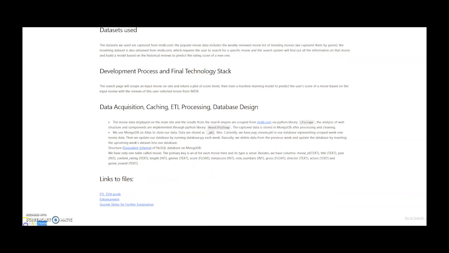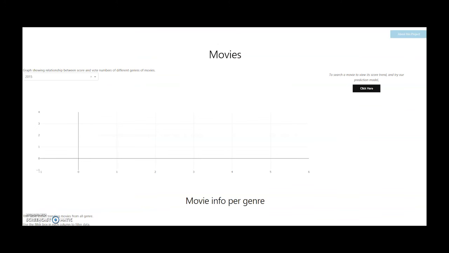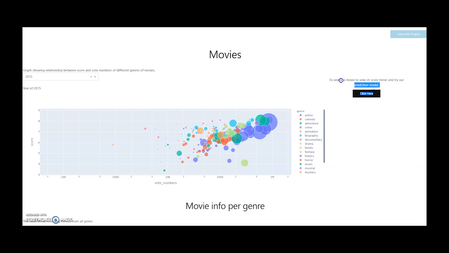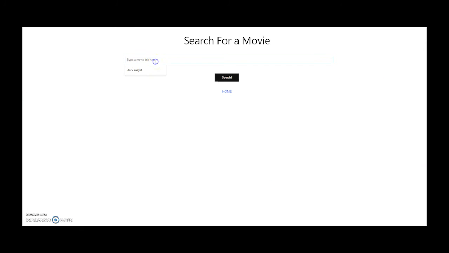All right, here on the bottom, I have back to home or go to search. So go to search is the feature we have on model. That's basically the link of enhancement as well. All right, so let's go back to home first. From the home page, this click here also gets us to the search page. All right, search for a movie. I did Dark Knight before, so let's do 2012.